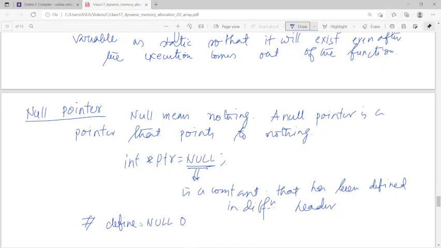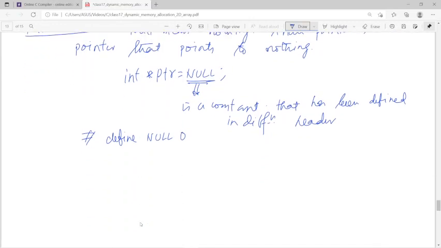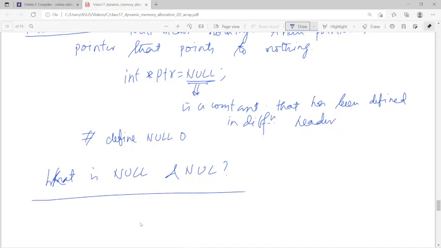Okay, but can you tell me what is null? What is the difference between NULL and null? বলো দেখি, NULL আর null।